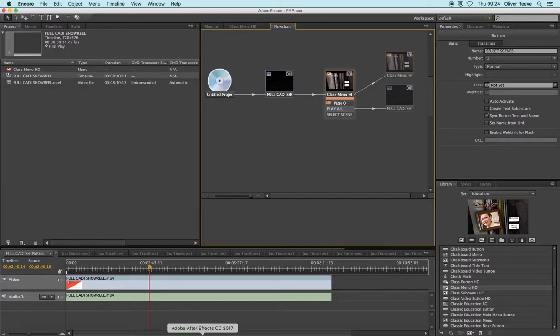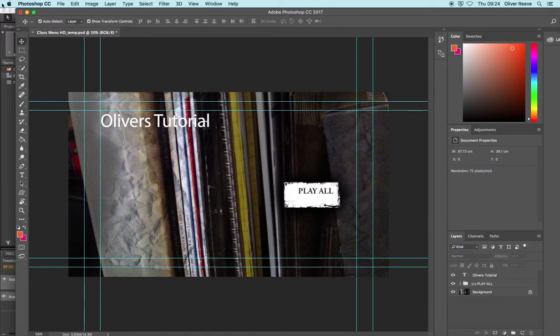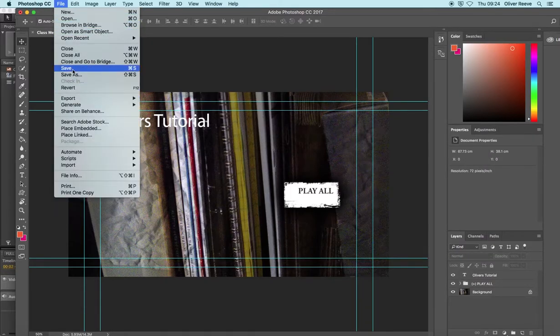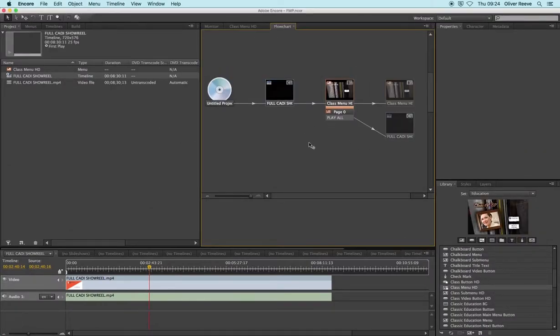Just to show you as an example as well, if you did want to get rid of this button, in your Photoshop file, you can just quickly grab the box and hit delete, and then just make sure you file and save it again. And then once this updates, that should disappear, and it has done. Okay, so now we're looking at